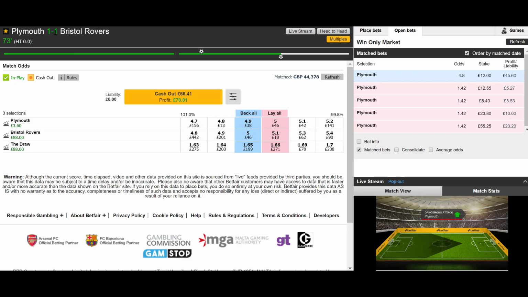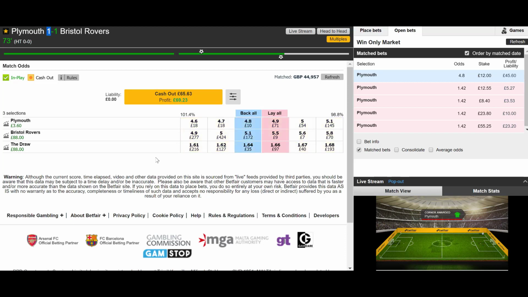Now, obviously, if Plymouth do go on and win this, 2-1, then I'm not going to take any losses. But at the same time, I wouldn't consider it a missed opportunity, because this is my forecast. I have to stick with my forecast. I've said, hey, Plymouth are not going to win, so I want to try and make a bit of extra money, almost a 25% increase, by just removing the risk and then letting it run till the end of